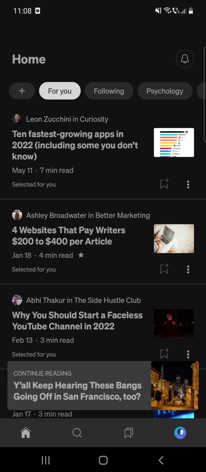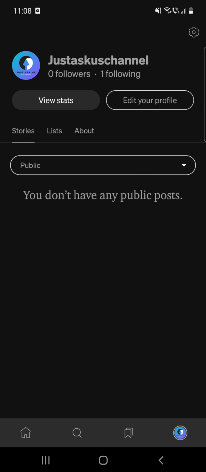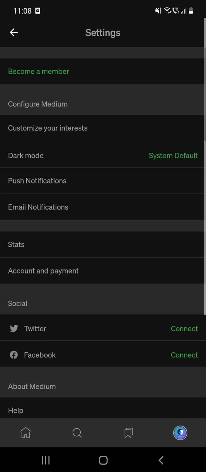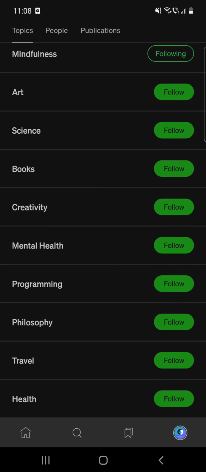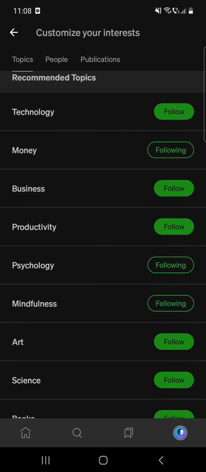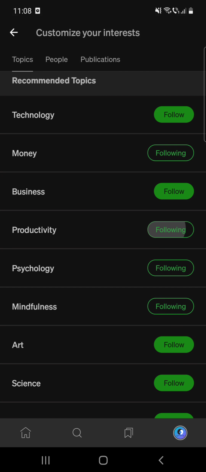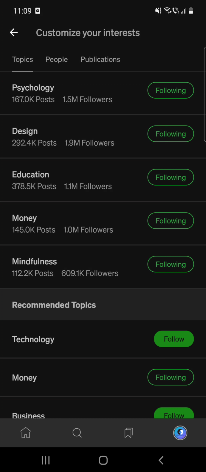So first open the app, then go to your profile which is at the bottom of the screen, the last icon, then click on the settings and then you can see the customize your interests. So here are my topics, but if you scroll down you can see other topics as well and you can follow them by clicking on the following icon, and then at the top of the screen you can see the